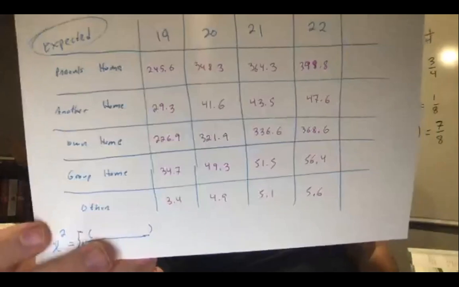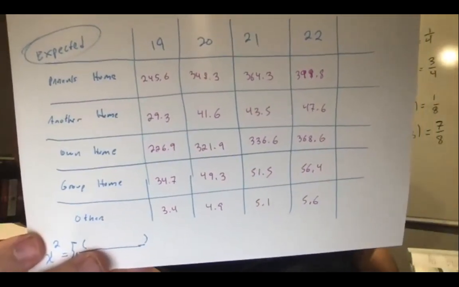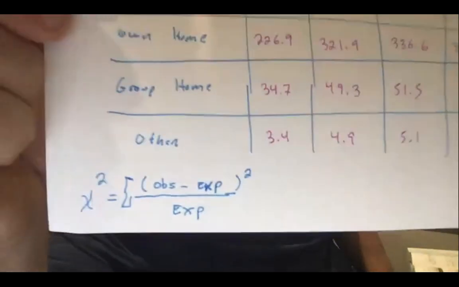Of the 2,984 observations, these are the actual observations. 324 were here, 378 were here, 337 were here, 318 were here, and so on. This is the actual observations versus what we expect to get if we have independence. So what we're going to do is as follows. And this is not a short calculation, although luckily the calculator can do it for us. The chi-squared value is defined as follows. We are going to add up, we are going to sum